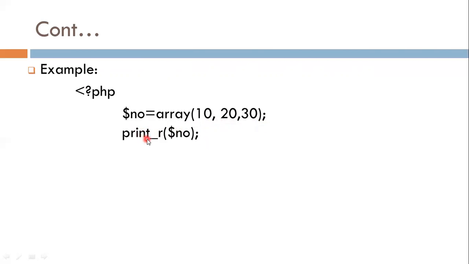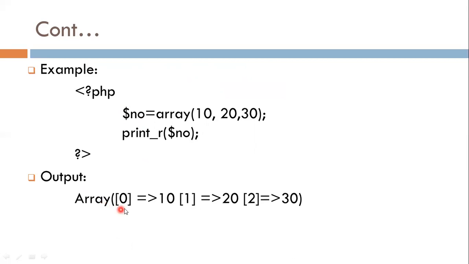Next, in the next line, I write print underscore r in brackets array name. This function prints all the elements of array with index number. The output of this script is like this: array in brackets, first is index 0.